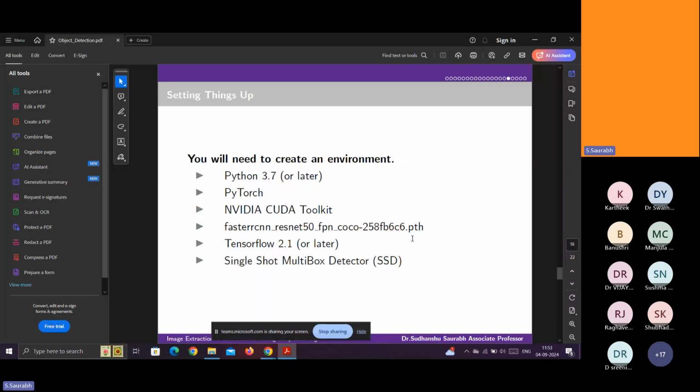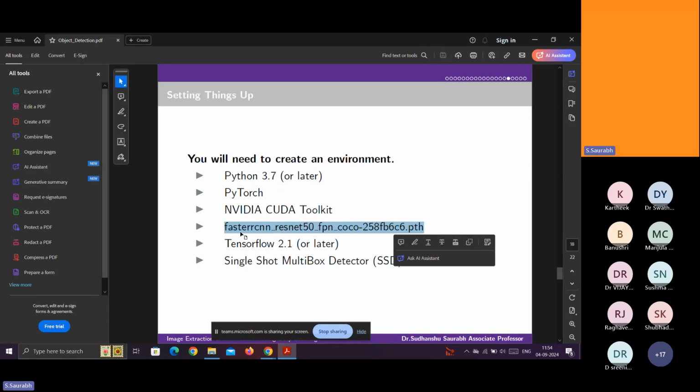See how to create the environment. For the environment, you can take Python, or you can take the framework. That framework is PyTorch or TensorFlow, depending upon your project. And then CUDA is there. If CUDA is there, then it's good. If so, try to learn CUDA programming. So CUDA is necessary, and you download this model. This model means if you are going to use a ResNet, then you can download that H5 model.